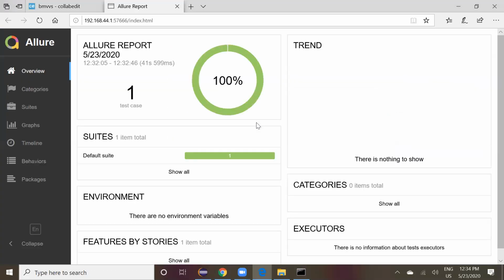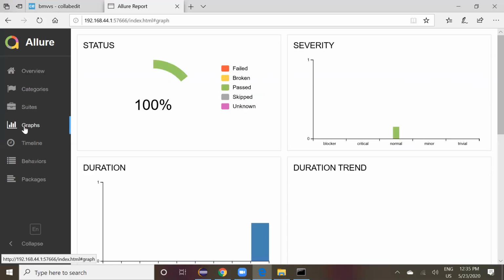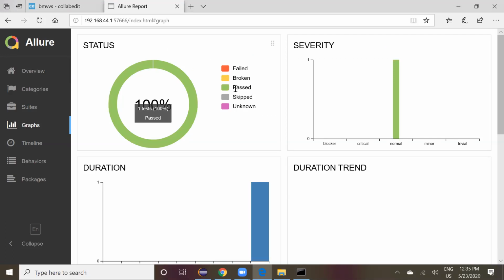See, now a report has been generated. This is a basic report. We have not added many tools, but in a project we can generate the reports like this. So this is one report, the Allure report. It's very easy. You can download it and generate it through the command line itself. Go and pick the graphs, suites, everything, and the overview. I didn't add many test cases here, so it's a very basic report.